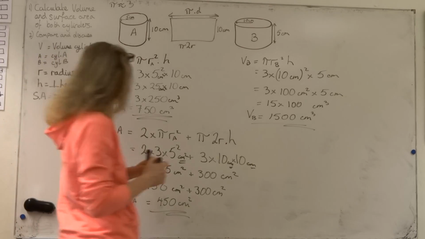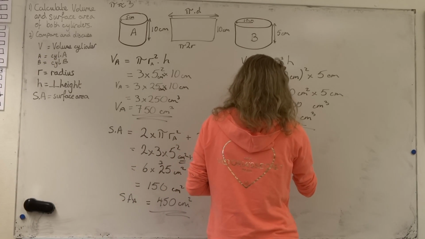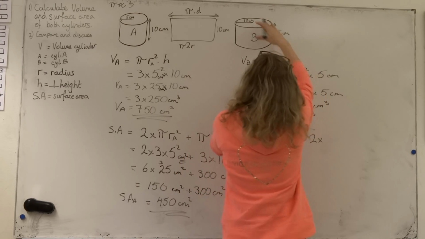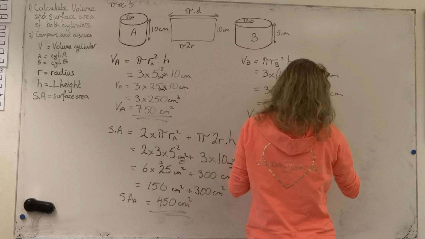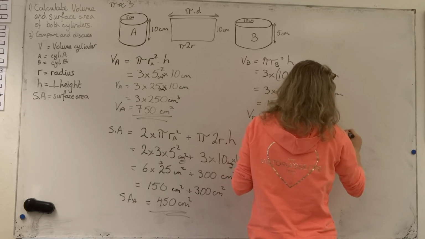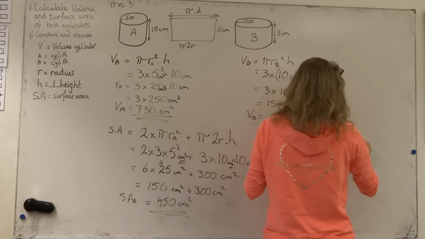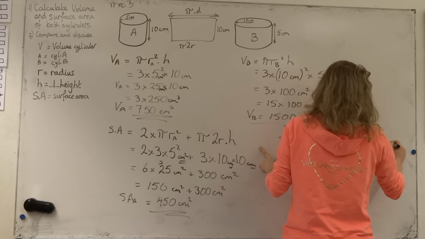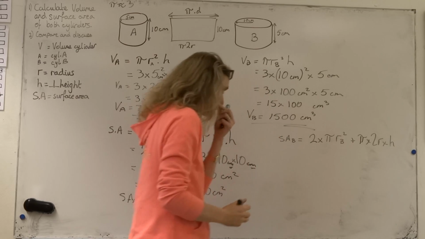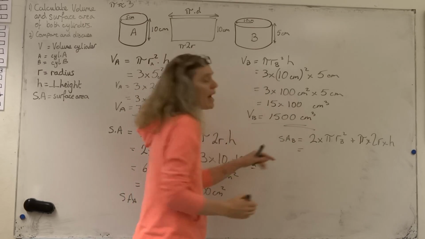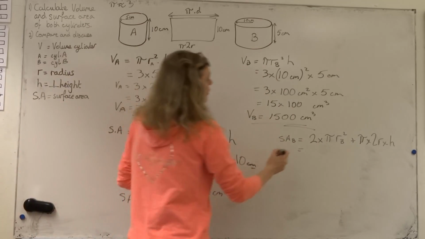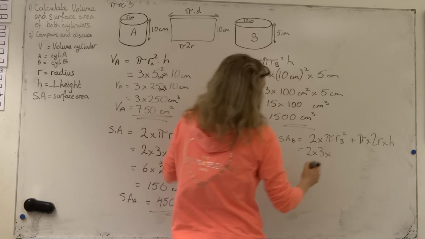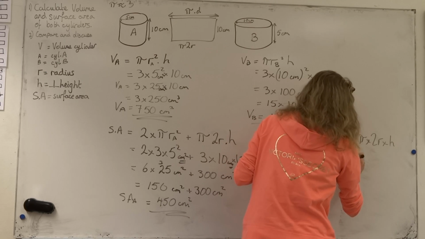Same thing again for cylinder B. SA of cylinder B is going to be 2 times the area at the top and the area at the bottom, pi the radius B squared plus pi times twice the radius times the vertical height. Plug our numbers in here now. Once we put the formula in, we get 2 times 3. The radius here was 10 centimetres, so we get 10 centimetres squared